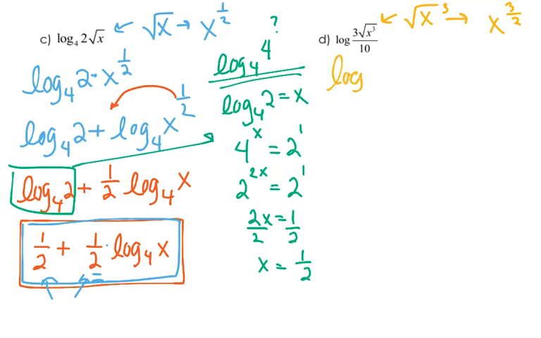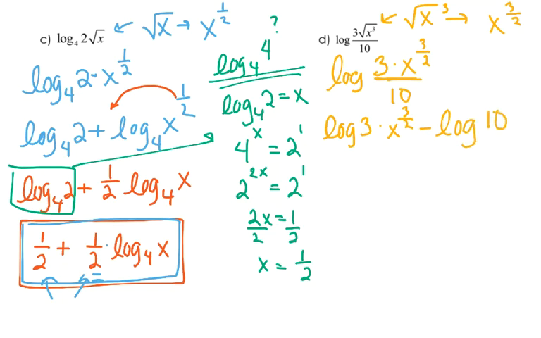Log base, no, there's no base. Remember, that means base 10. So I've got log of 3 times x to the 3/2 power over 10. The fraction is telling me I'm going to split up and have a minus sign between two logs. So I've got log base 10 of 3 times x to the 3/2 minus log